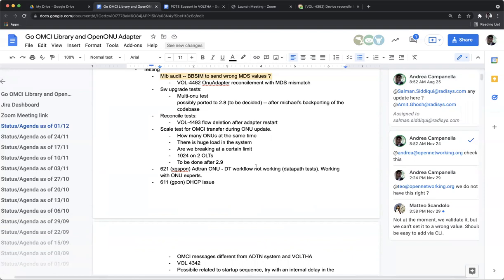The only thing is what I sent in Slack, maybe you saw it yesterday. There are some issues in the pipelines since last weekend, and we don't know why. So there are a couple of things that went in. One is the new OLT app. That is definitely a possible issue.